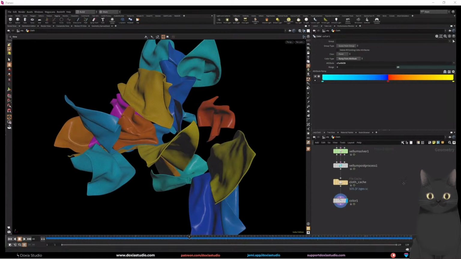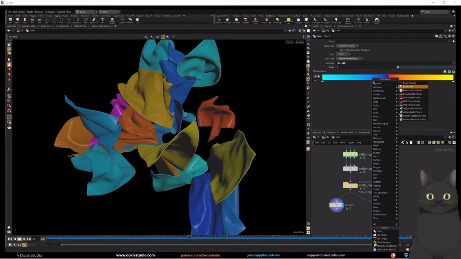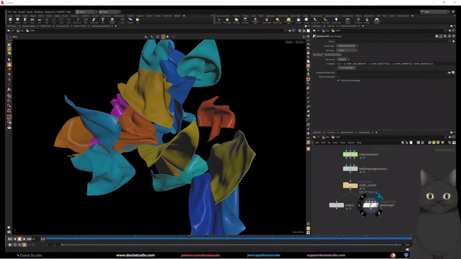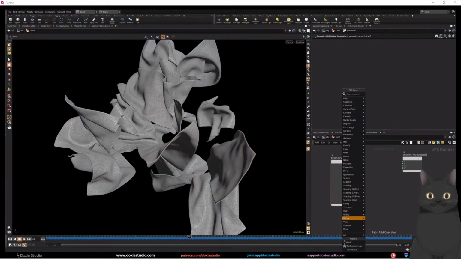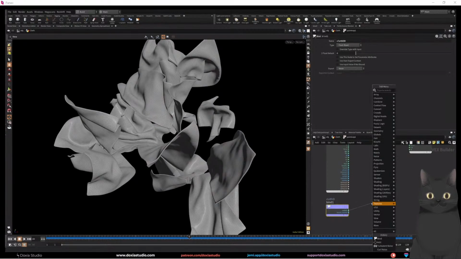Okay, to explain this a little bit better, what we are doing with the cloth ID is the same as what we are using with the point FOP. Okay, you could place a point FOP, go here, put a bind. The bind node allows us to get other point attributes that are not on this list. So now we are going to get the cloth ID. We need to put a fit to tell